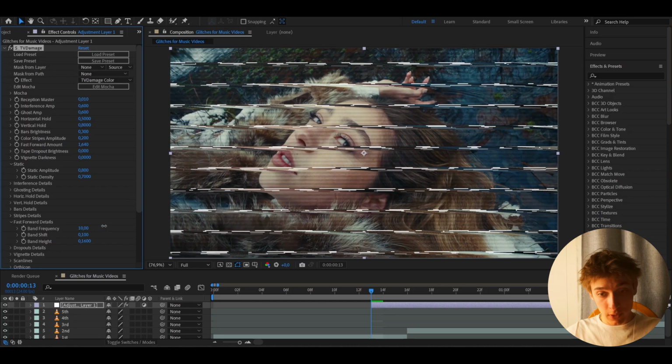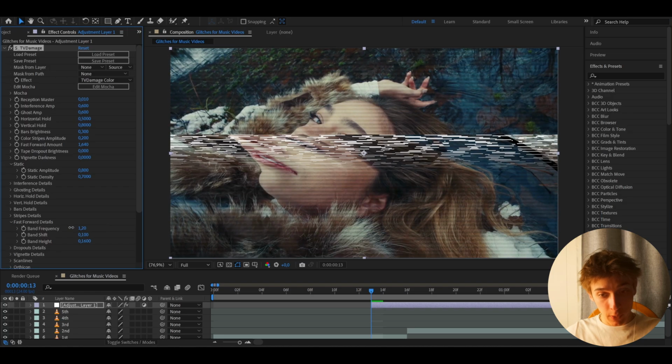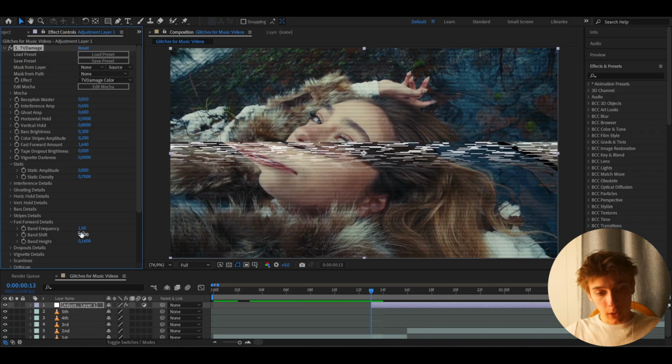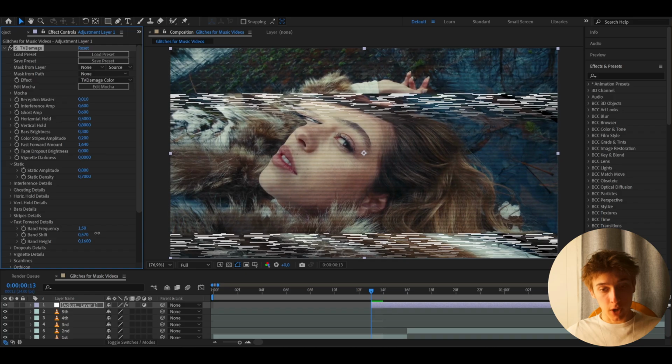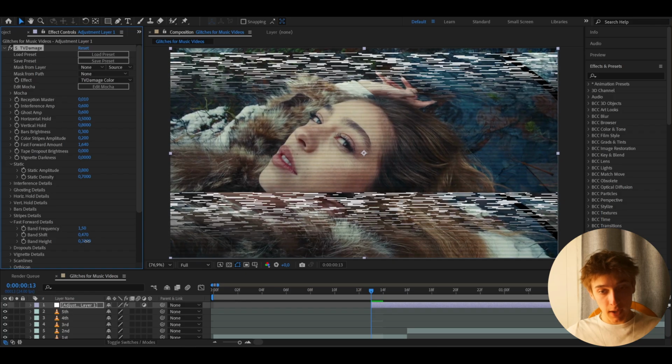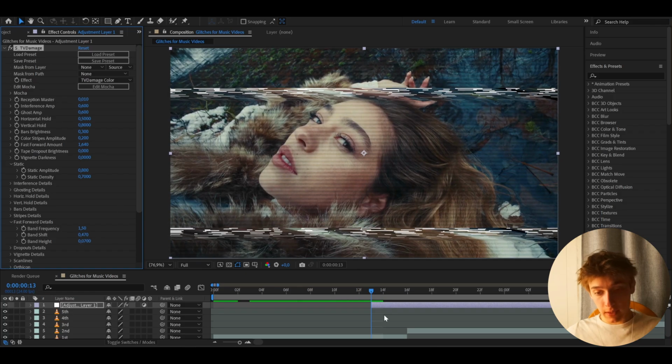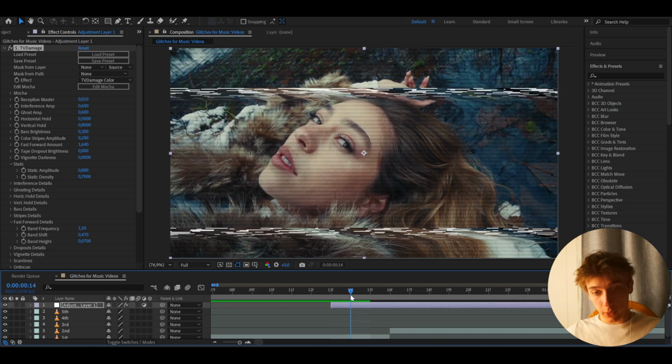If you make the band frequency huge, it will have a lot of these bars, but if you make it low, it will have one bar. So a lot of the time you just want to have switching bars. To switch the bars up, you can also change up the band shift and also the band height. So you can keep it like this, and then you can go one frame forward